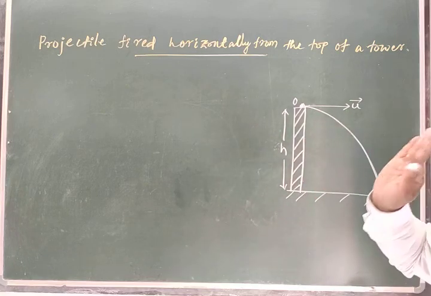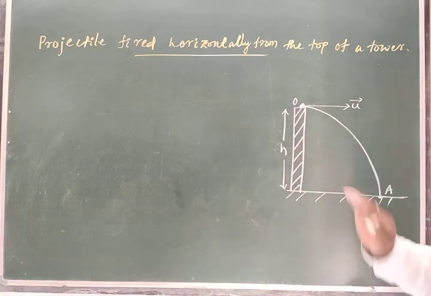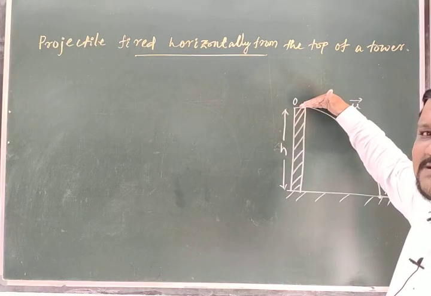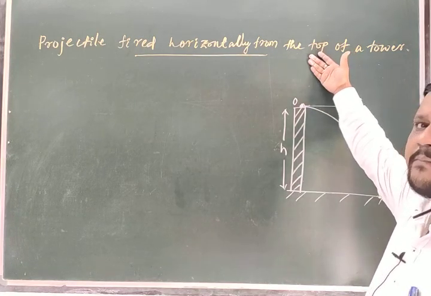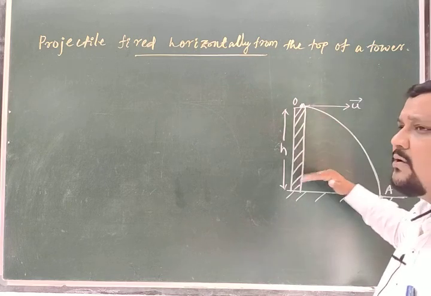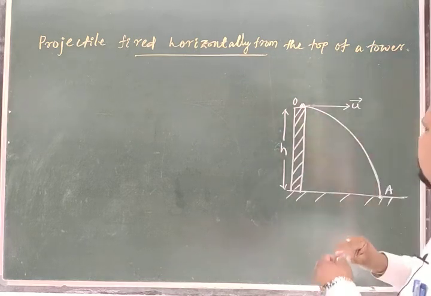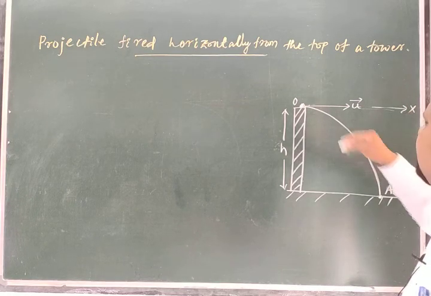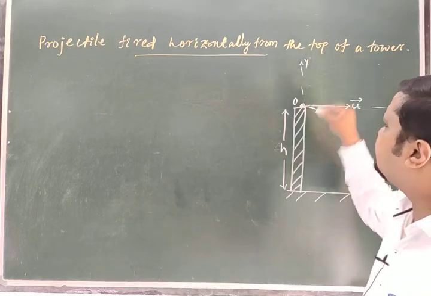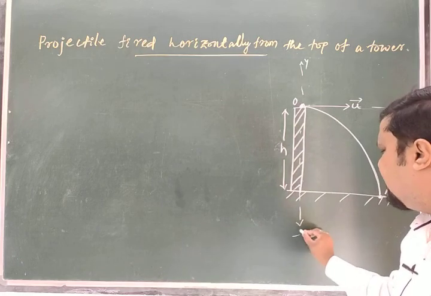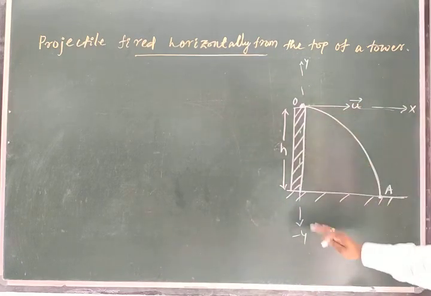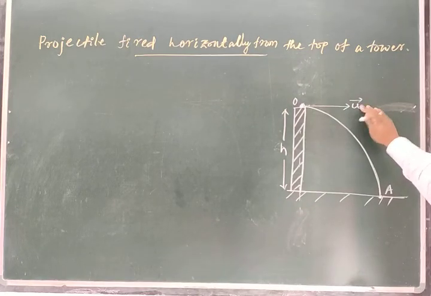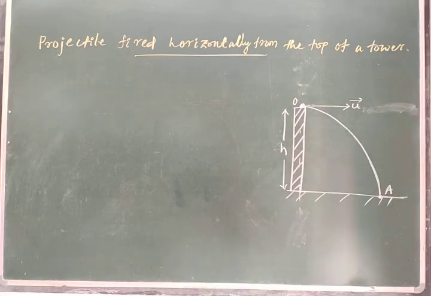Now I have shifted the coordinate system like that. This is my reference line. Anything measured above is positive, below is negative. Suppose this is your x-axis, here is the plus y-axis, and here is your minus y-axis. So anything below this we consider negative. That we have to assume, to use the sign convention.